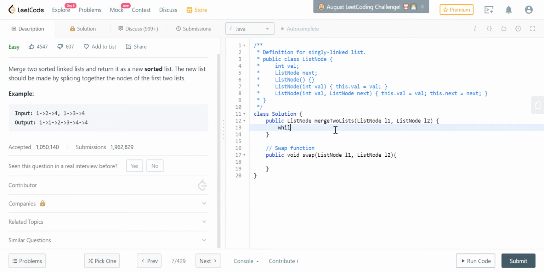Anyways, while L1, while L1.next is not equal to null, and L2.next is not equal to null,